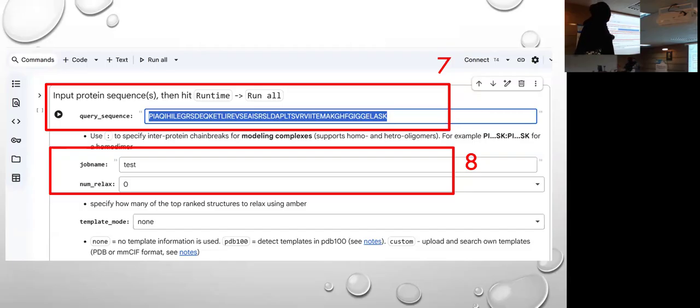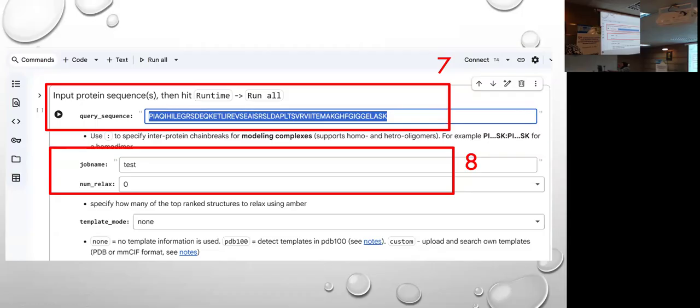Okay, how many of you have opened this Google Colab? Now, I would like to break down the Google Colab notebook for you for better understanding. In the very first few lines, you will be shown a cell named for the input protein sequence.